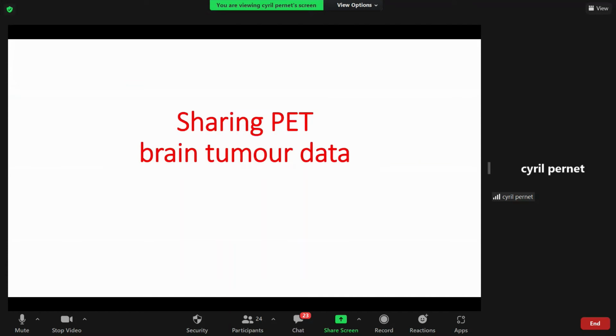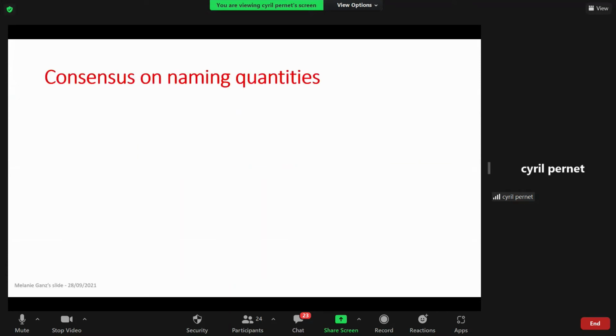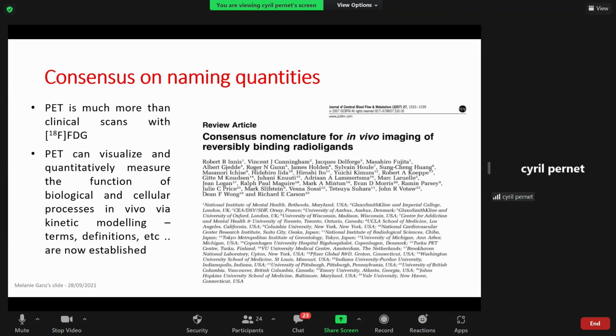And so how can we do things with PET? There was first a couple of consensus papers on naming quantities. That relates to Jan's questions earlier about, say, why not use DICOM? Well, for instance, how would you use the different names for kinetic modeling and different names for various things that you do to actually look into the FDG scans? Many of these are not in the DICOM tags, right? So you needed to have some consensus on how you name radioligands, for instance.